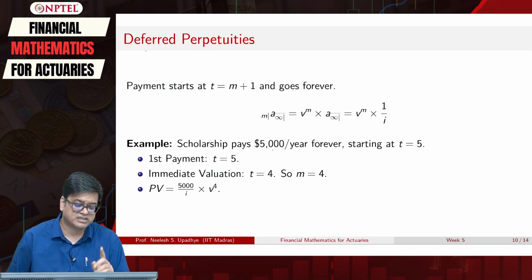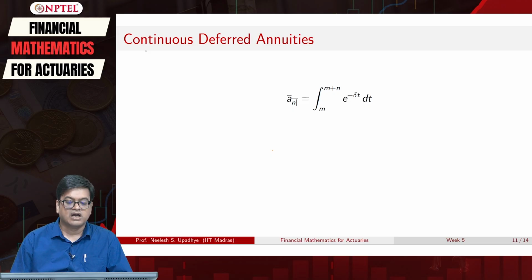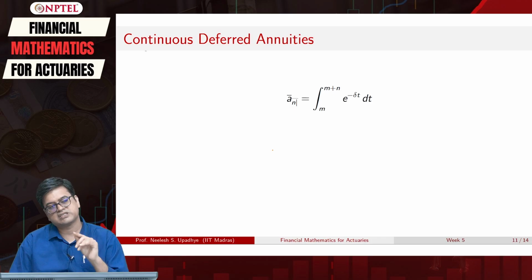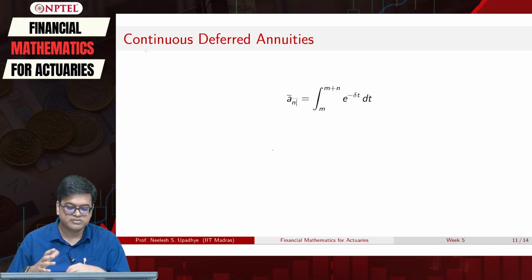I will just go 5,000 by I into v raised to 4. What is v here? Which is 1 upon 1 plus I, correct. So, there is nothing great about this. If I want to extend this logic for continuous deferred annuities, then what will happen? I will be replaced with delta, right. So, it is 1 plus I which will be replaced with e raised to delta, and therefore, you have that